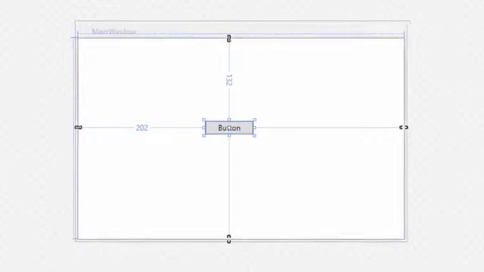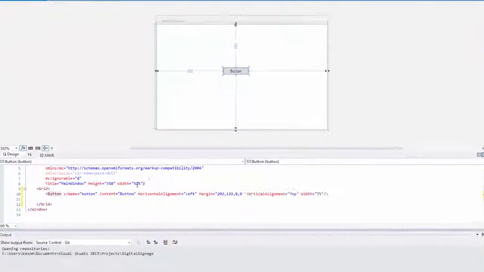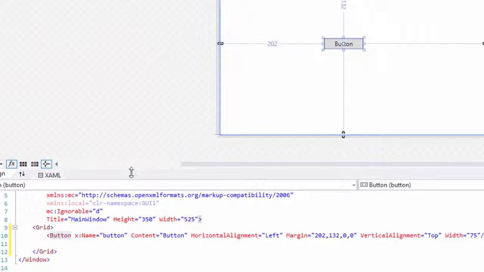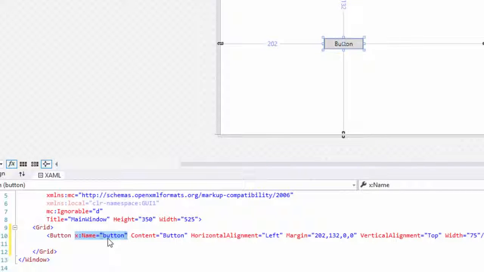But what I'm going to do instead is show you how we can do this using the properties panel at the bottom right. If you look here, you can see where we've dragged this button and it's created the XAML code for us. So we've got the button. All of these tags open with the name of the element. This is the name given to this button. Now this is important because you need to give an element a name if you want to refer to it later on in your code behind, such as if we wanted to, at runtime, change maybe the content or the